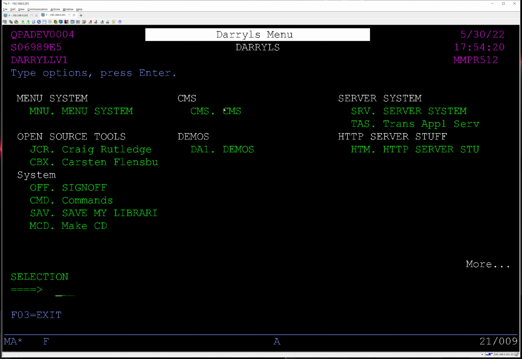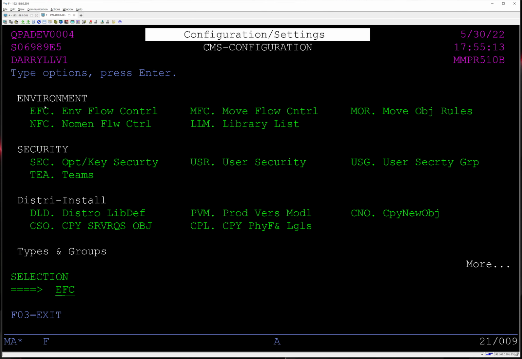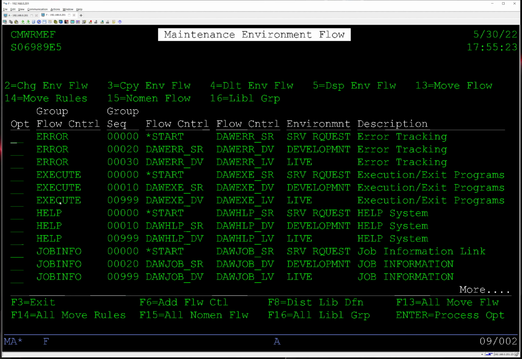That one option is under my change management system, my CMS system. So we're going to take that option, CMS. We're then going to take the option CFG to get into the CMS System Configurations. And in a previous video I was showing you option EFC, so we're going to take that. And it brought me to this program,